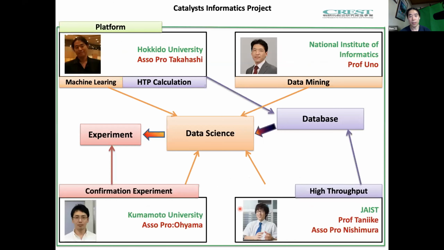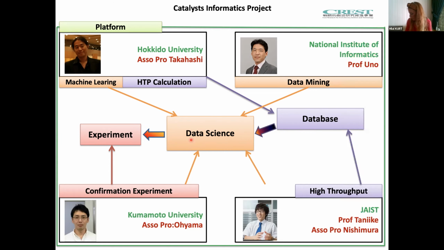This is my group in Japan, and I'm managing a pretty big group there. Our group is aiming to design the catalyst from data. To do that, we create our own database using high-throughput calculation as well as high-throughput experiment. Then, using the data, we apply data science techniques, which are machine learning and data mining. From there, we predict the catalyst, and then we confirm if those catalysts work in the experiment. So we create the data, predict catalysts, and validate in the experiment. That's the workflow of our group.